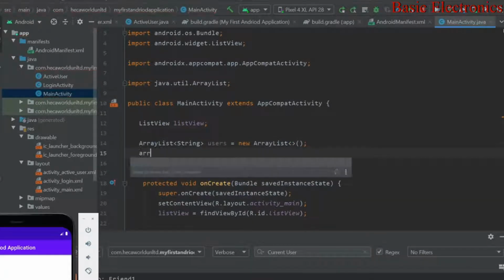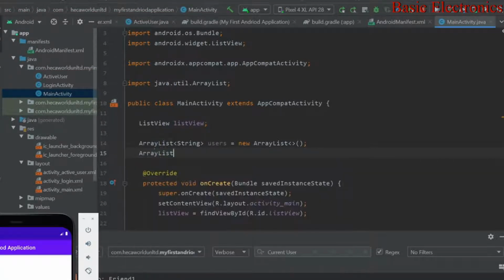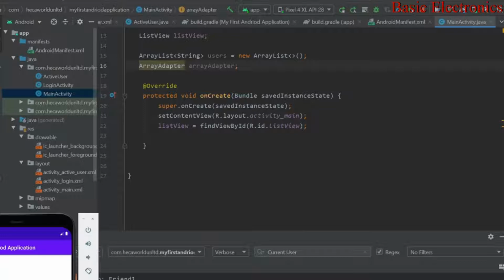And we're going to create an ArrayAdapter, called arrayAdapter. Then in onCreate